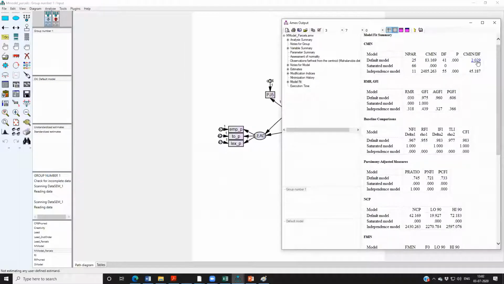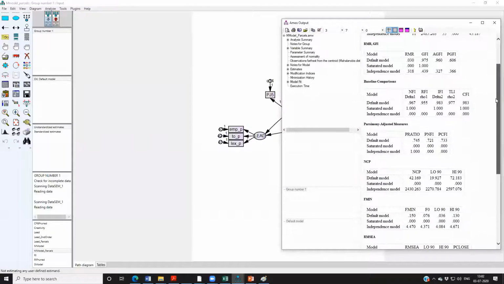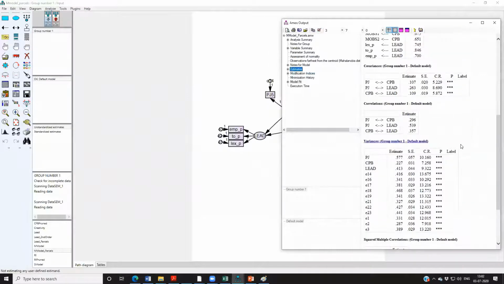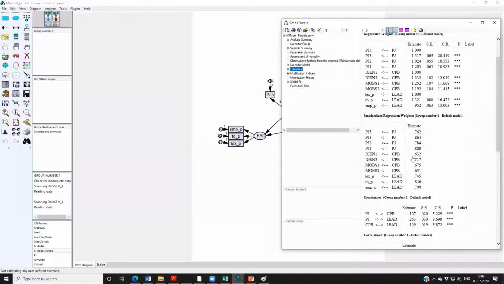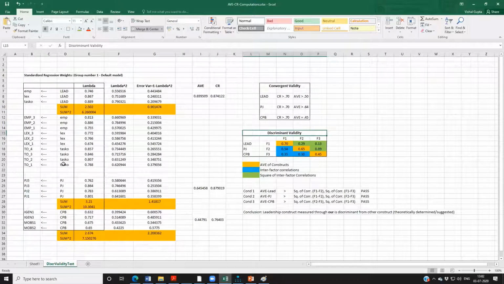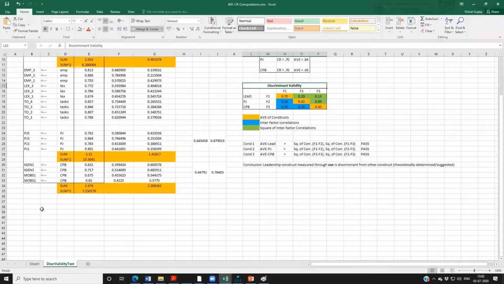Cmin, chi square by df is about 2. CFI, GFI are all right. RMSEA is 0.043, so that is also fine. Estimates. Now I get these as my estimates, PJ, IGN, and lead. I can take this again to my reliability Excel, and I can check my